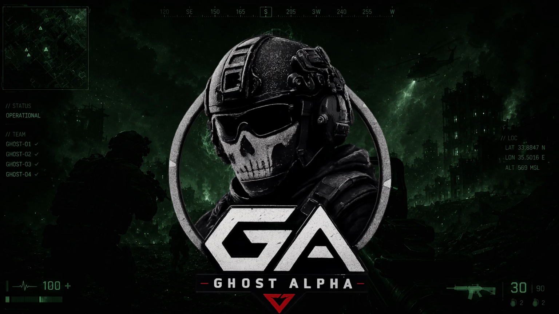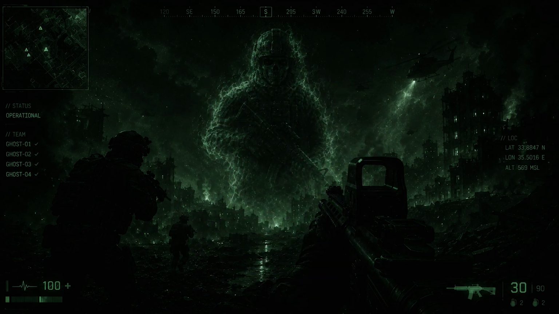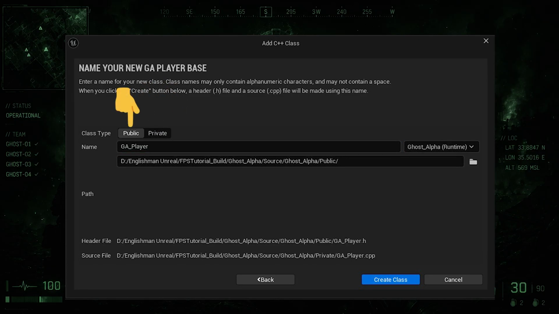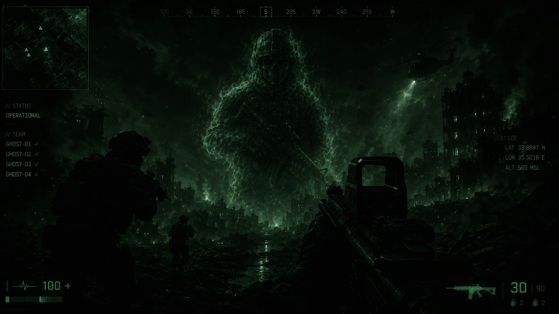I have seen an issue where the Unreal Engine Editor class creation window does not add in the public part to the path name. Watch for this. Ensure that the class path name is correct, otherwise your class will be created in the wrong folder. If you see this, just re-click on Private and then back onto Public, and this will add the public part back into the path for you.